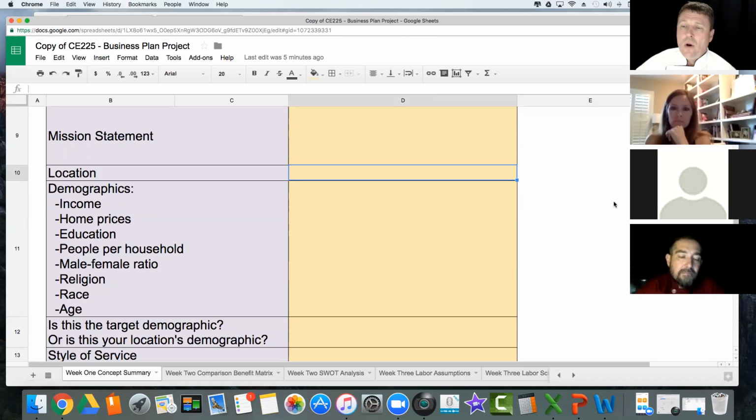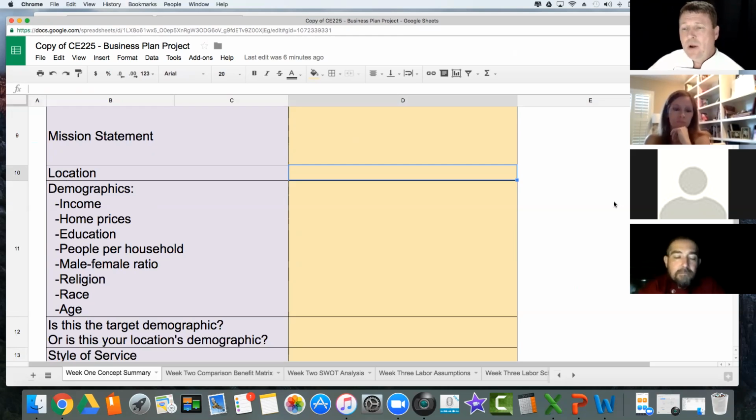Okay. The demographic is, of course, primarily local, but if you're in a very touristy area, you might want to go and see all the tourist information, et cetera, and figure out, because they've done some research on where do people come from, what is their median income, how much do they spend on average when they're here. Those are interesting concepts in your demographic. Obviously, that is if you're in an area that relies on people coming from the outside. All right, does that make sense? So your demographic can include this, but it can be more. You can as well take some of them out if they're not relevant to what you're doing.